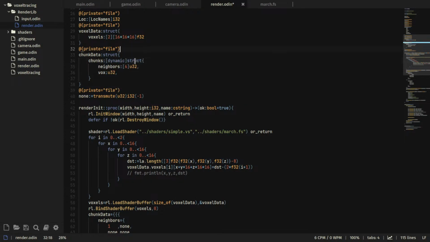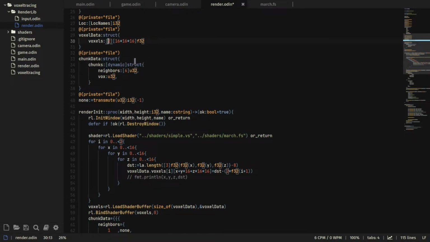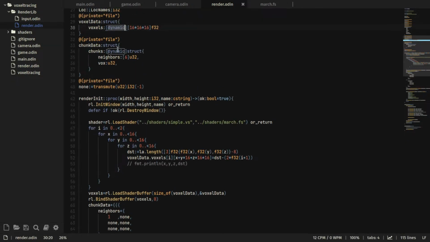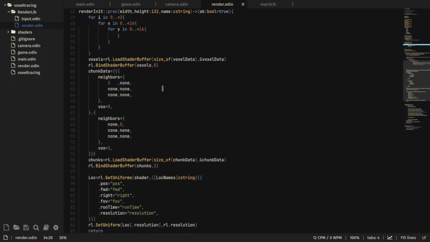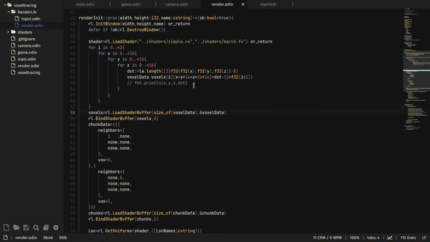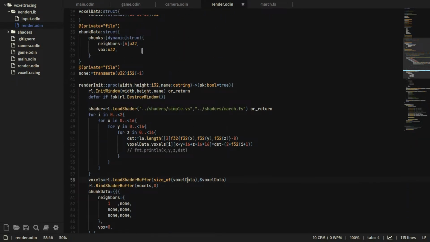Dynamic, dynamic, and then ooh, that probably won't quite work because I'm surprised Odin stuff didn't get in the way there, but